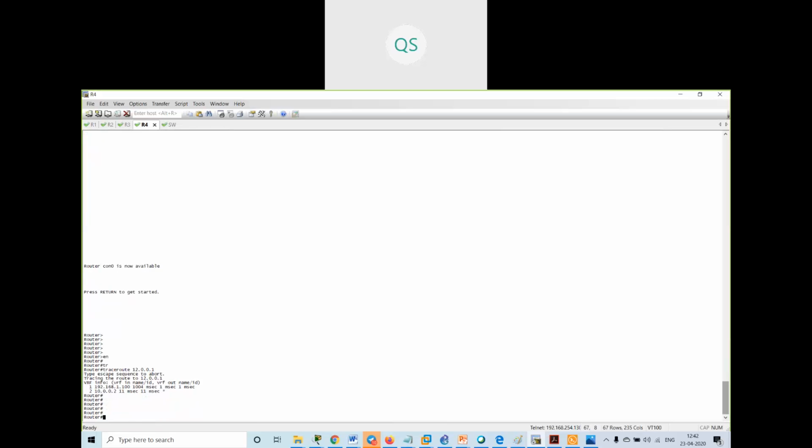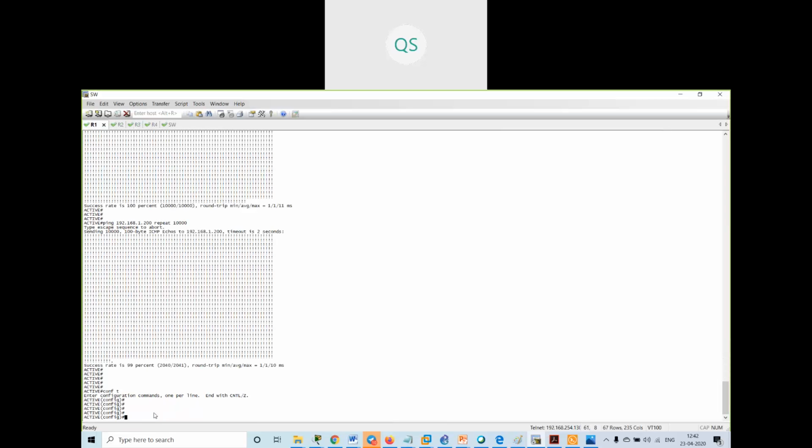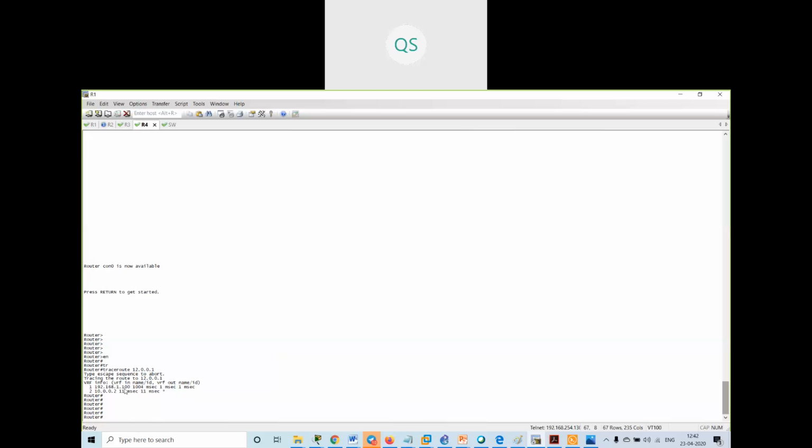Now I will go on this router and switch off this interface. I will give a continuous ping from here. Ping 12.0.0.1, repeat 10,000.